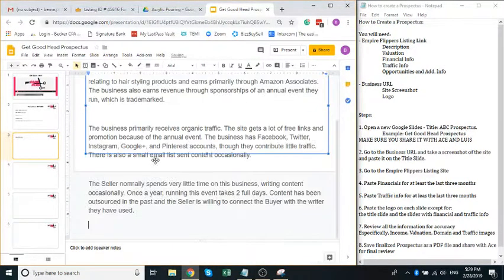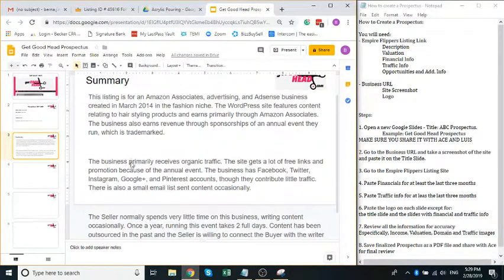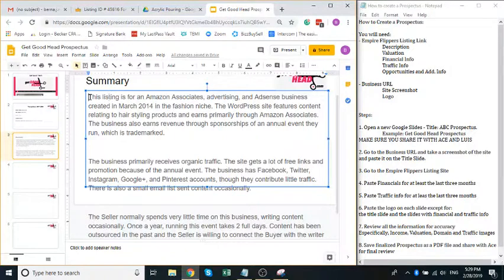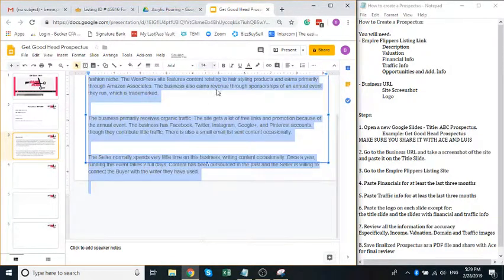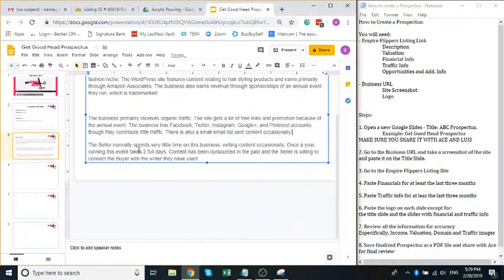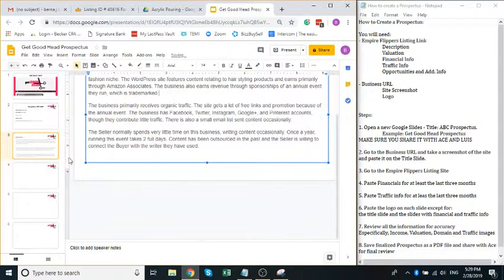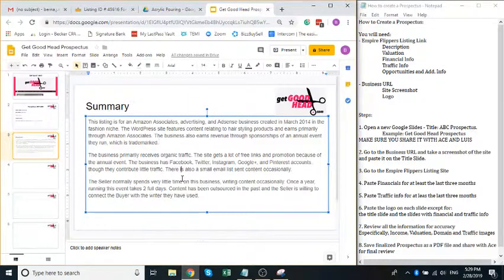So we want to paste that information over, and in this case it's a little bit big, so you just want to make it fit within this slide. You can try 14 maybe, and then delete the spaces in between. Also, I know we're copy and pasting, but you always want to read the description and make sure that you